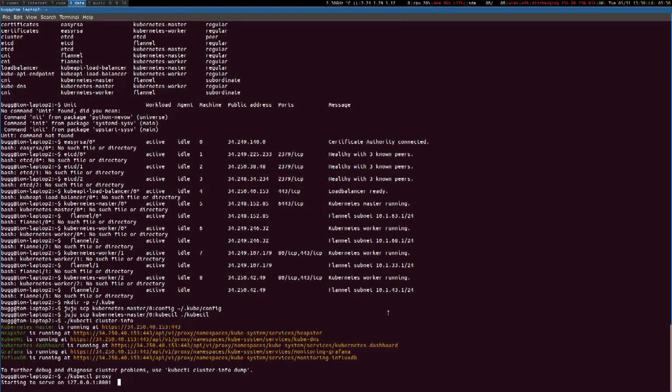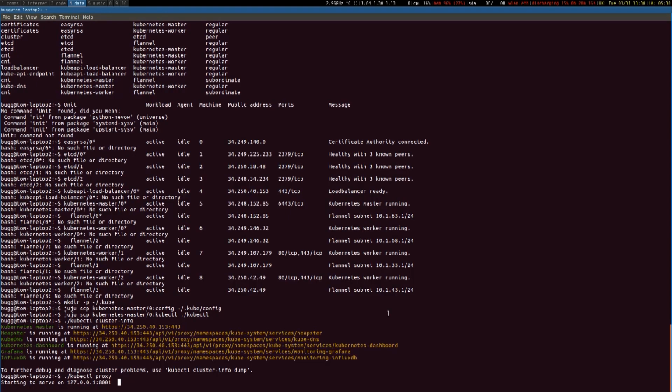So as you can see, I've run kubectl cluster-info because my kubectl executable has been downloaded, and now we're interested in making sure that the cluster is up and running and everything is healthy like the Juju status says it is. As you can see, the cluster info returns a bunch of information, URLs for different services that are running. We're not particularly interested in them, but one thing we are interested in for ease of interaction and visibility is the kubectl